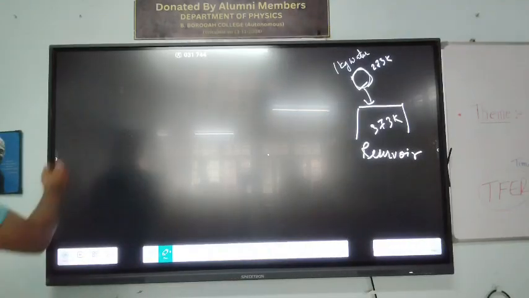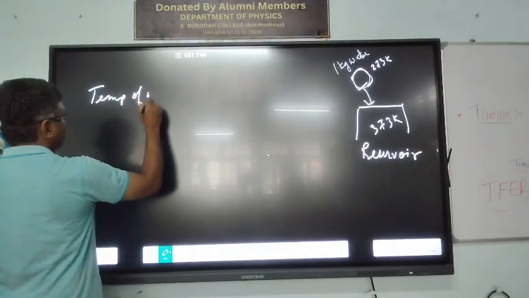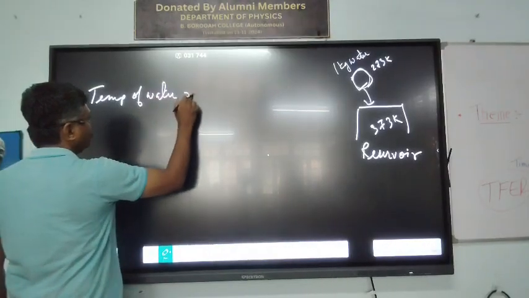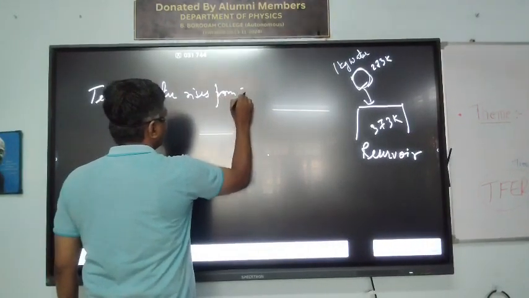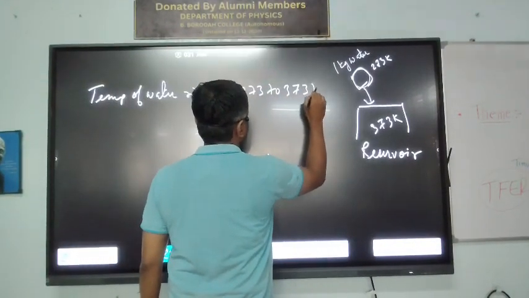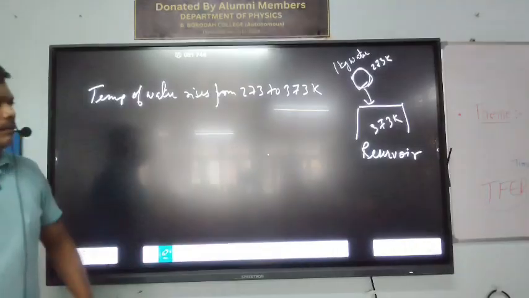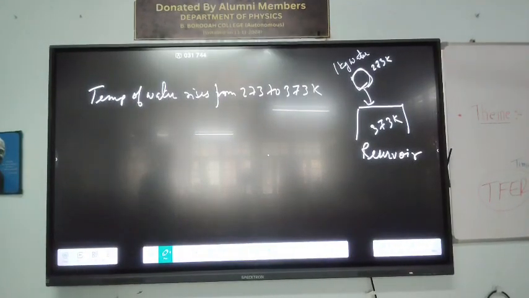So the temperature of the water rises from 273 to 373 Kelvin. So the temperature is rising. So if the temperature is rising from 273 to 373,